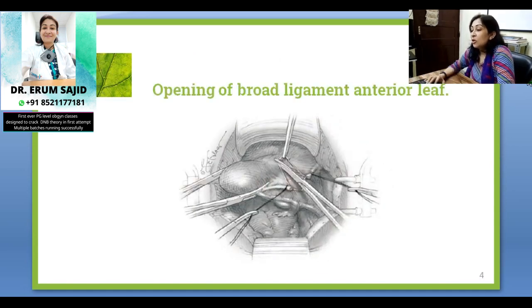Once the round ligament has been cut, can you see the peritoneum in this area? It's very easy to delineate the borders of the peritoneum, and it's very easy to cut it. What you can see is actually opening the two leaves of the broad ligament, which finally leads to removal of the peritoneum from the anterior part of the uterus and also from the bladder. So it's nothing but opening the broad ligament anteriorly. You first separate it from the plane, and then cut across so that no structure comes in between. So you are opening the leaf of the broad ligament.